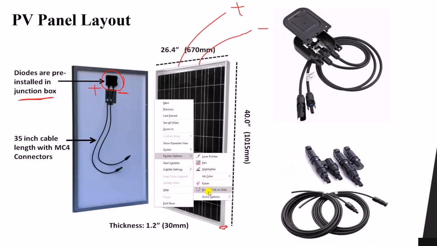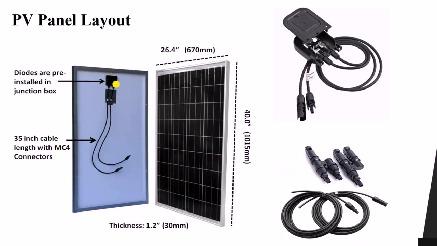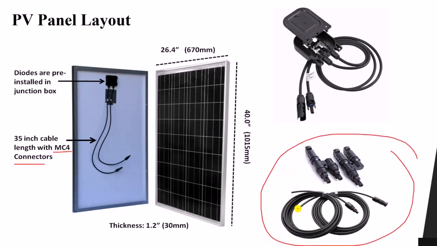Now if we look at this figure, you can see that here we are using a type of cables called MC4 connectors. What are they used for? They are used to connect between two panels. We can connect them together to form a string, or in parallel, such as in a combiner box, and so on. As you can see, we have two terminals, one positive and one negative, and then we start connecting the two panels.